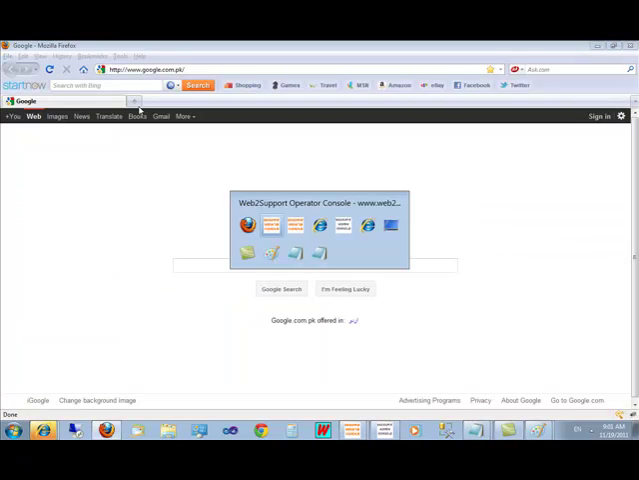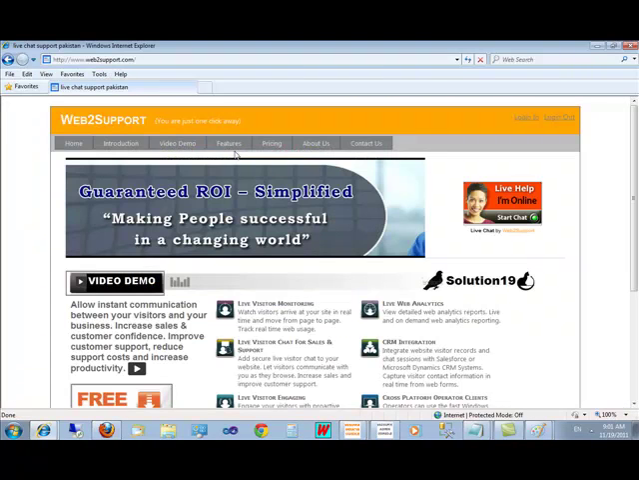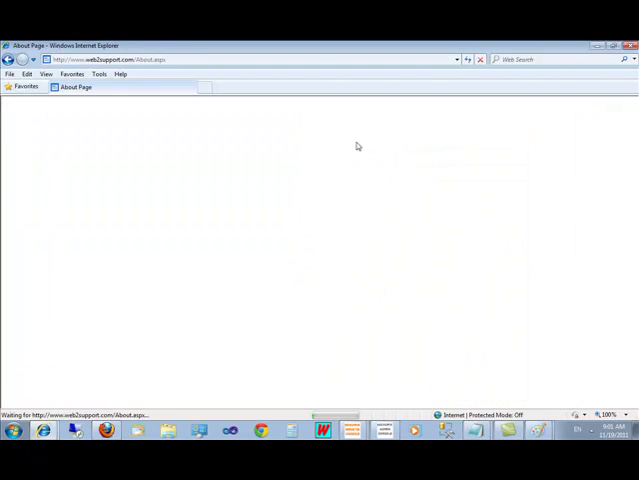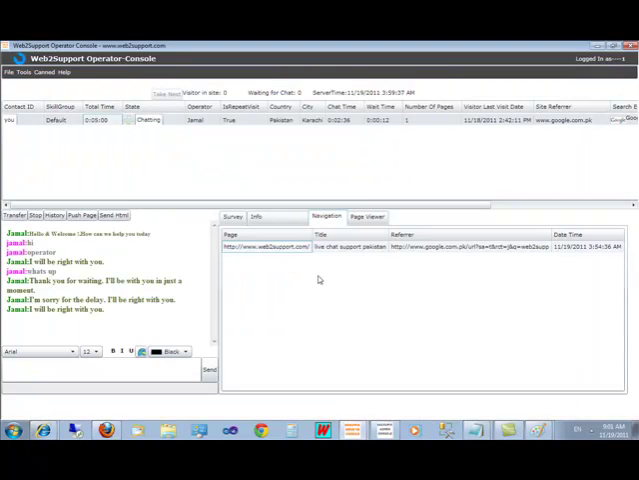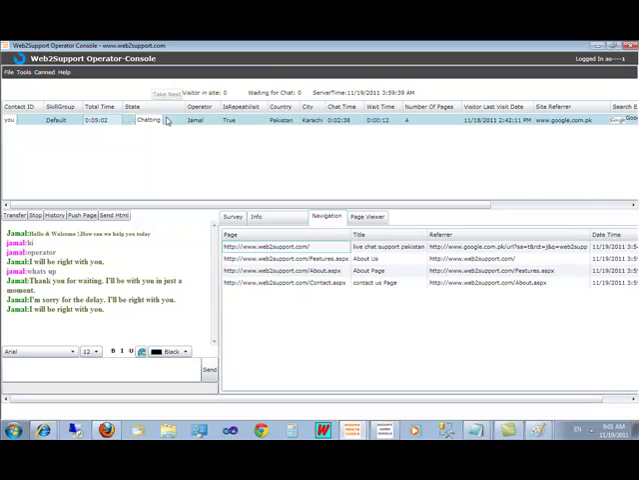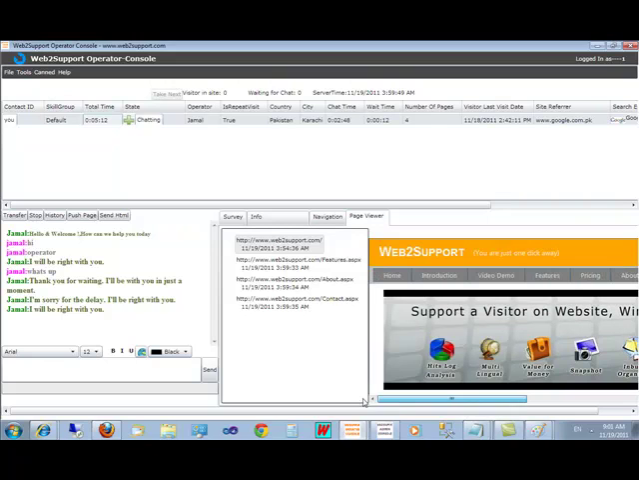For example, currently I am on this page. If I go to the features page, about us page, contact us page, what happens? The website operator can see that the person has gone to the features page, then the about us page, then the contact us page, and the page viewer lets me see the pages as well